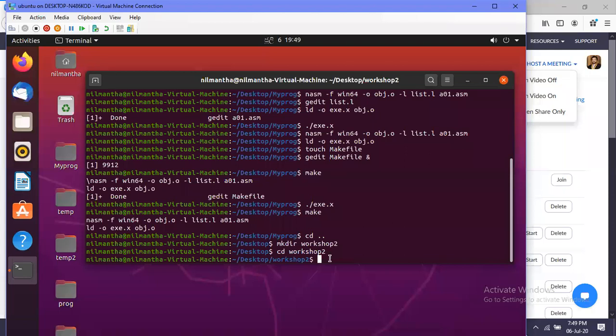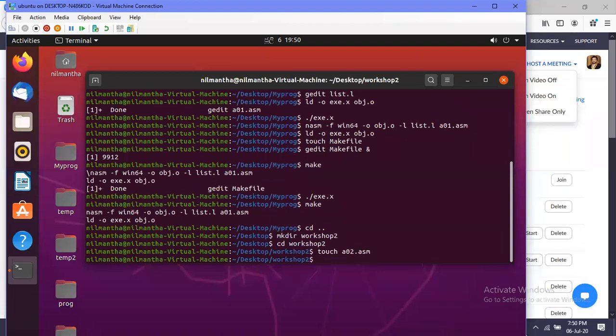Okay, so just create the assembly file. I'll call it a02.assembly and then open it using gedit.